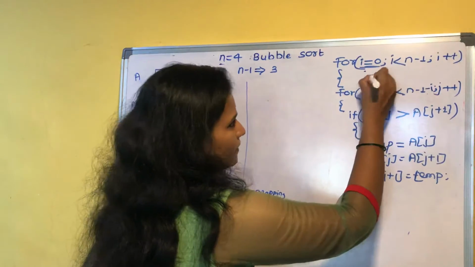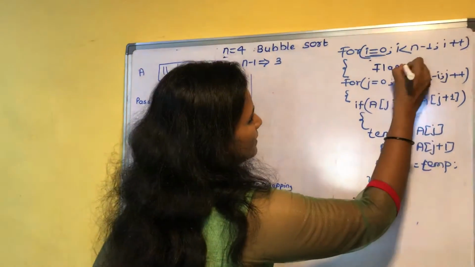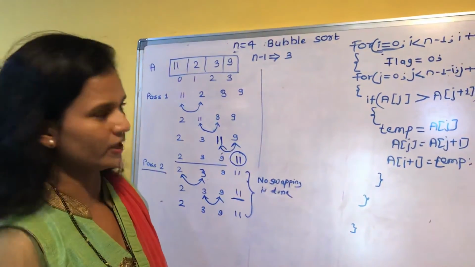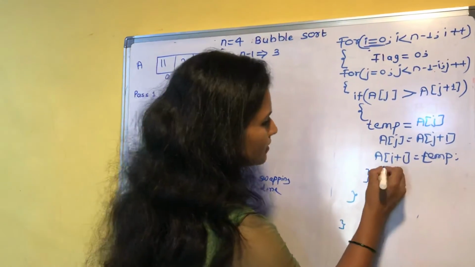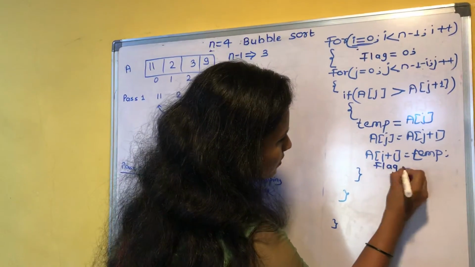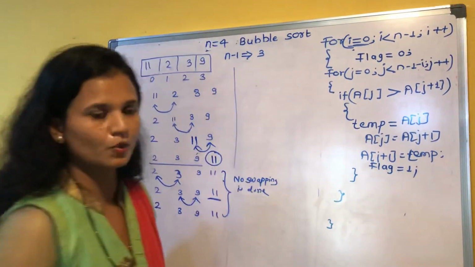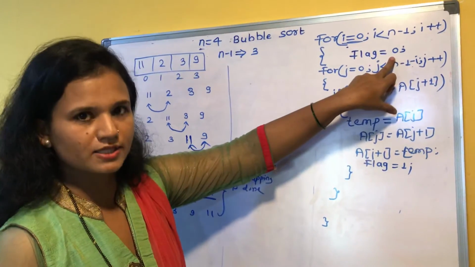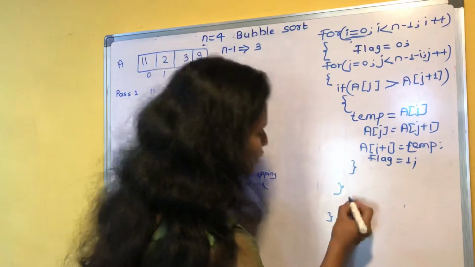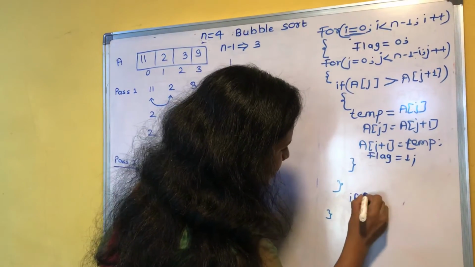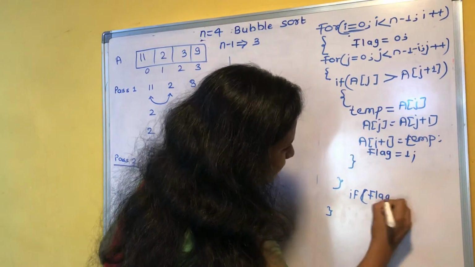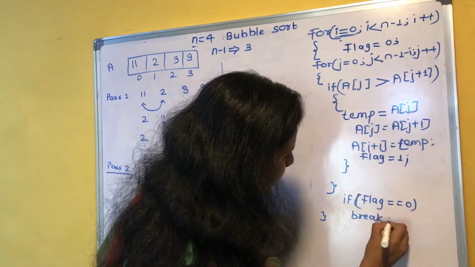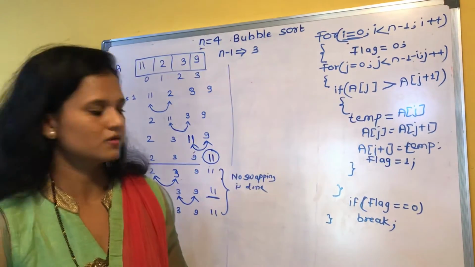That variable is a flag variable. I'm going to write this flag variable here. Flag equals 0, I'll assign the value 0 to it. If swapping is done, then it should be set to 1. If swapping is not done, in that case the flag will remain 0. And in the outer for loop we'll check whether that flag has changed or not. If the flag has not changed, that means you have to break here and stop sorting.